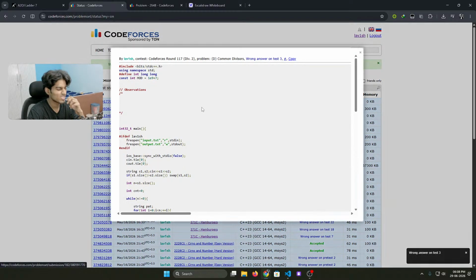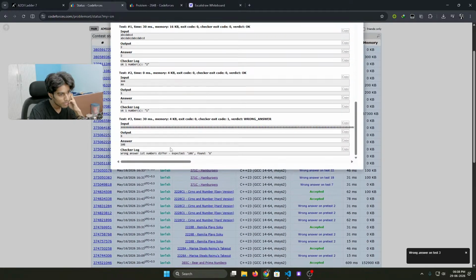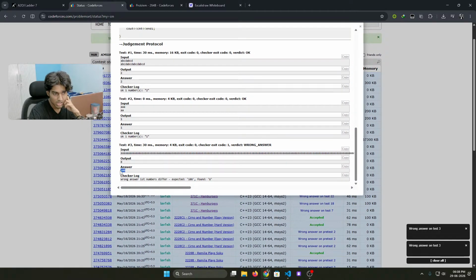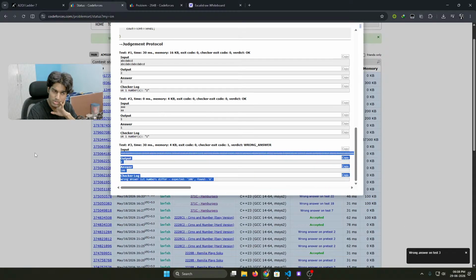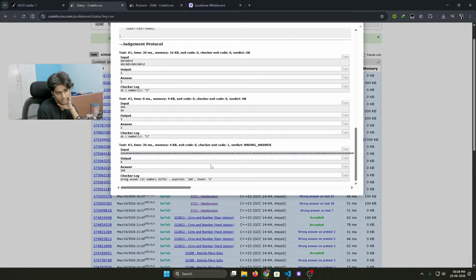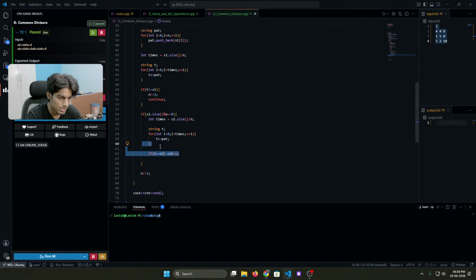Wrong answer. Okay. So answer is like, so we only have a single number. Wait, what? What is this input? So answer is 8. Expected number is 108. 108 is a very large number. So I suppose there's something I'm missing because